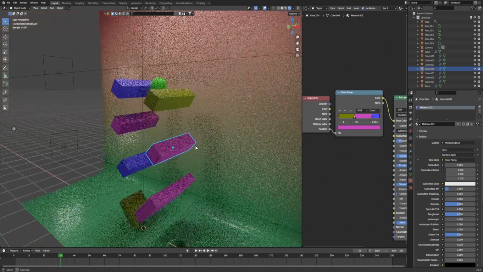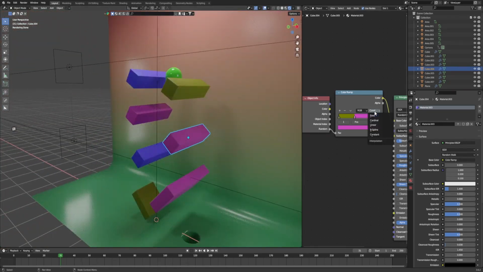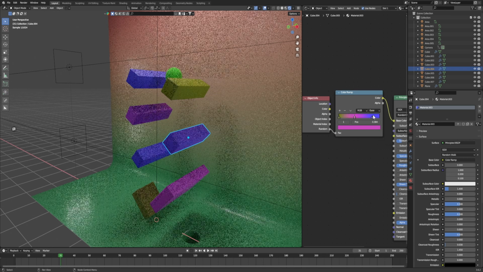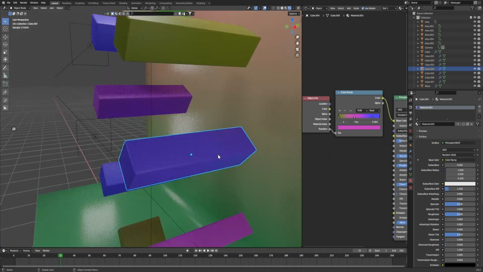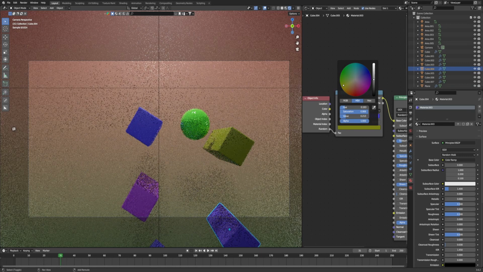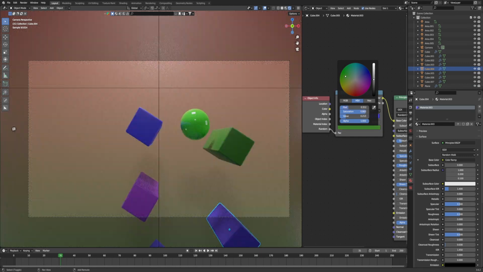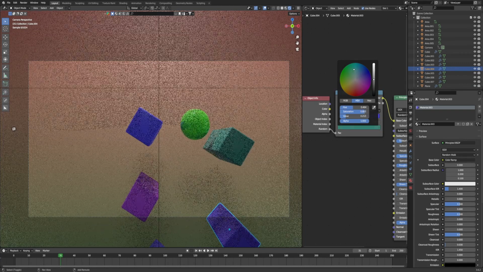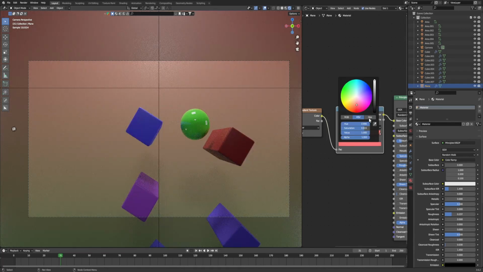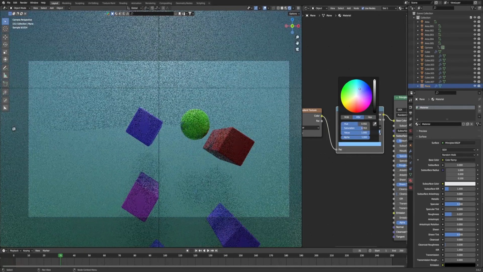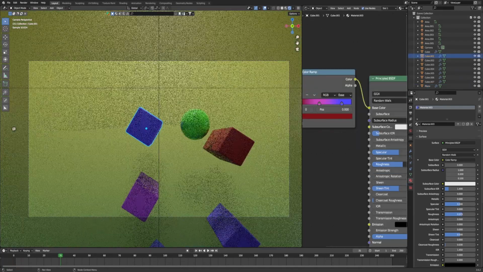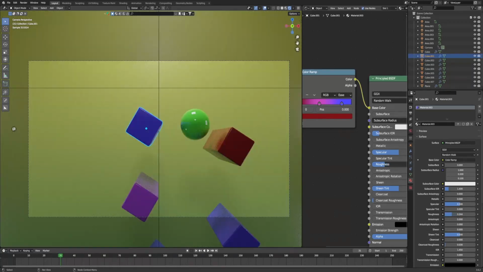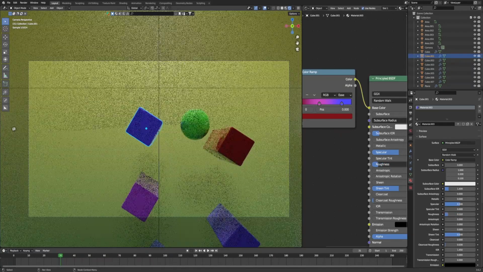That's how you can get exact colors, or just change the blending type to get whatever shades you want. Now I'm just going to play with my colors a little bit because I'm not too happy with them. A bit boring. Gonna change my backdrop color to, I don't know, something. And I'm also going to turn down the roughness on these cubes just because I think it looks nice with